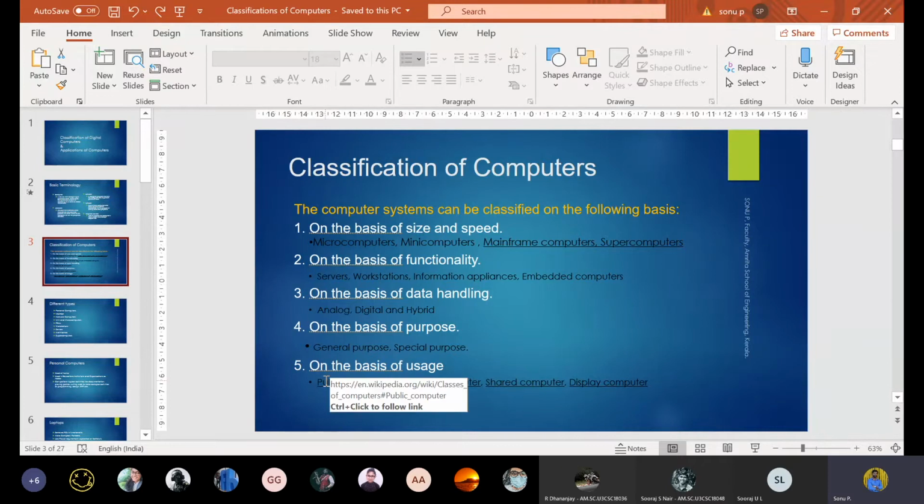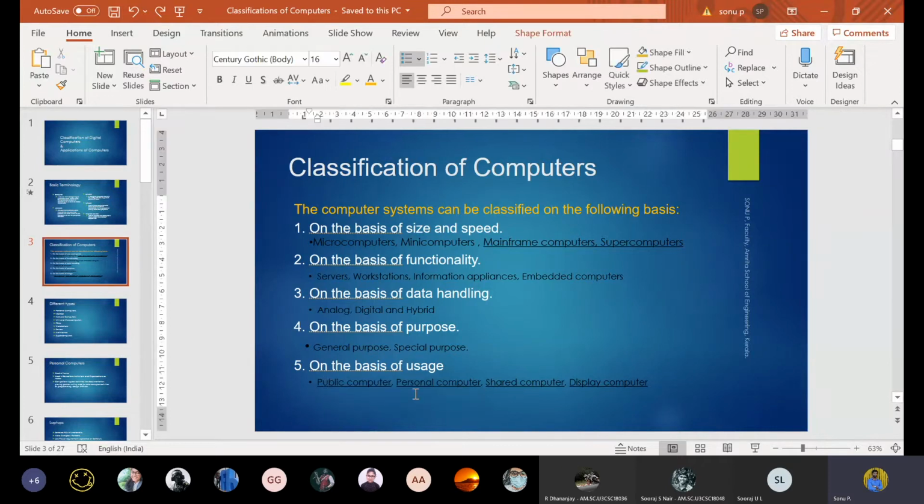So what is the difference between a public computer and a personal computer? It's based on the use. Only one person can use a personal computer. For example, in my laptop, I'm only giving access to myself. I'm using a login name and password that nobody else knows, and I can log into that computer. No one else can access my computer without the proper authentication.